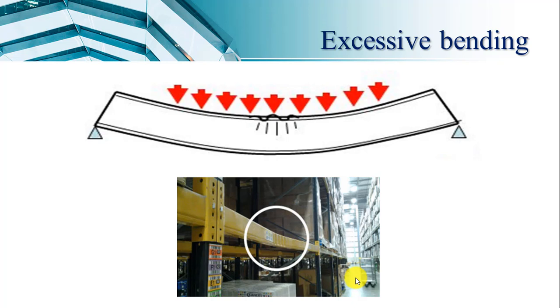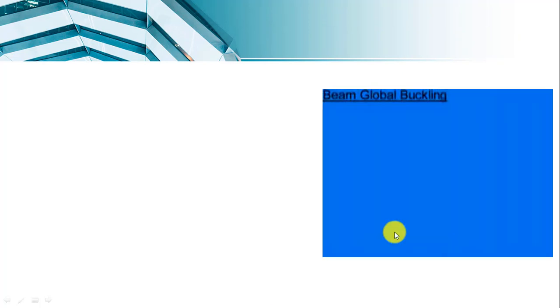Then this kind of bending can be observed over here, meaning it is carrying that excessive bending, and because of that you can see in the diagram how exactly that bending is taking place. And when a compact section is used, it is not allowed to buckle locally, then that complete section will experience bending, and that is referred to as excessive bending.